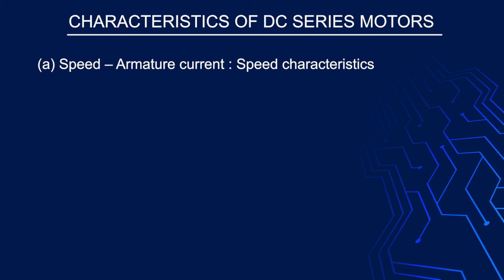As you know the different formulas, the first one is what? The speed of any motor, meaning DC motor, is directly proportional to Eb upon phi, where Eb is the back EMF and phi is the flux. So this Eb can also be written as Eb is equal to V minus Ia multiplied by Ra plus Rac, because we are going to discuss the DC series motor. In a DC series motor, the field winding is connected in series with the armature. That's why this Ra plus Rac has been considered.